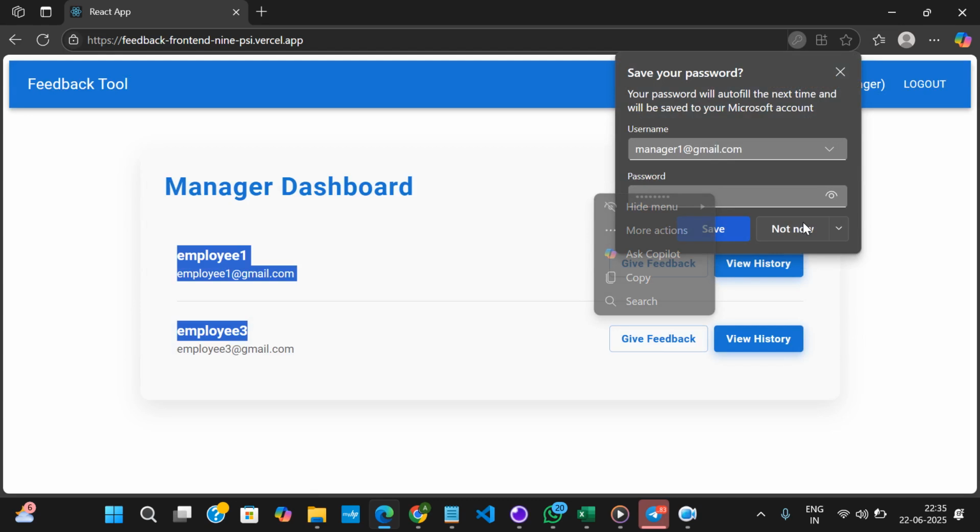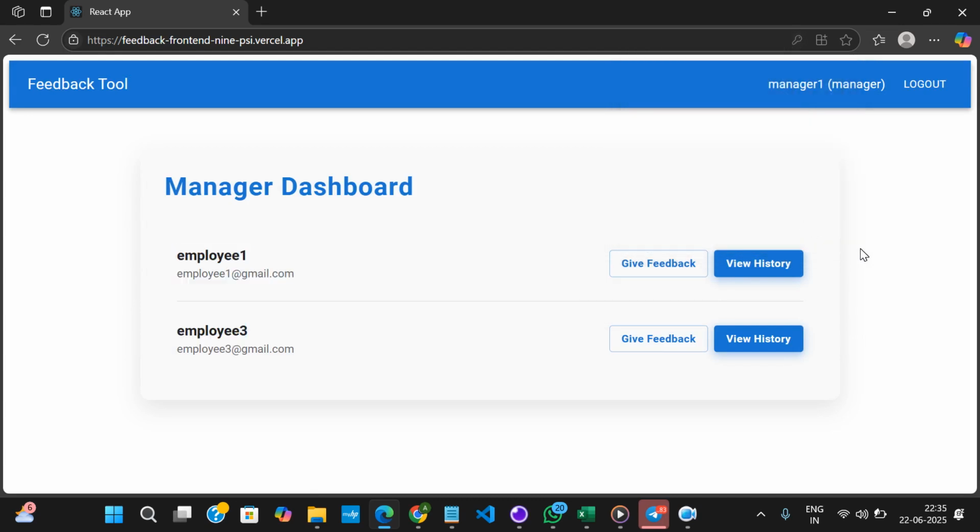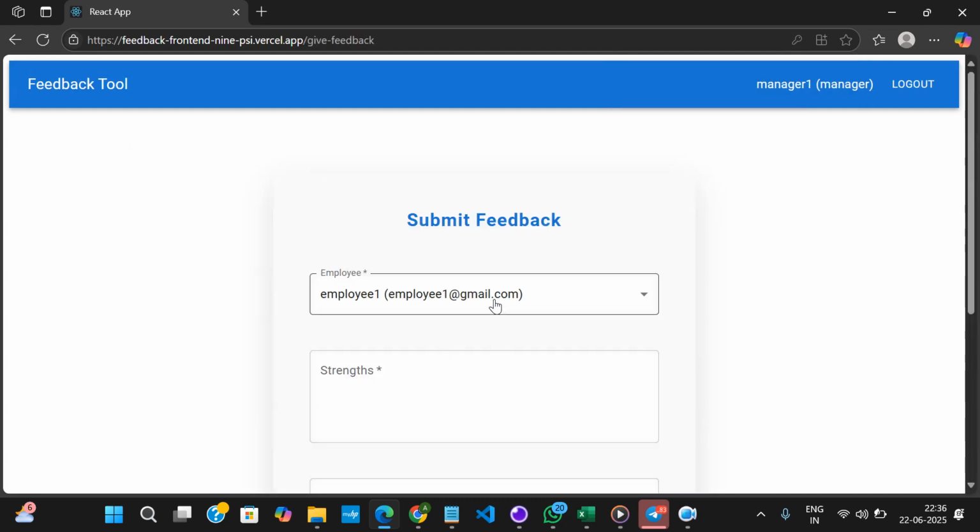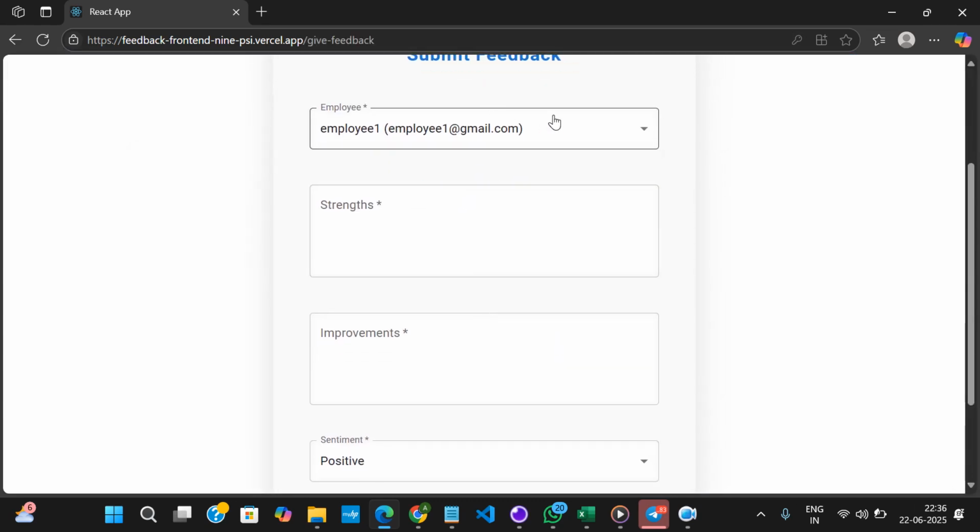when you try to log in as a manager, the manager has two functionalities. First of all, he can give feedback to the employee assigned to him, or he can see the history, the feedback in the past which was given by him to this employee. So in this employee, I'll give feedback. When I click on give feedback, it also fetches the email of that employee,